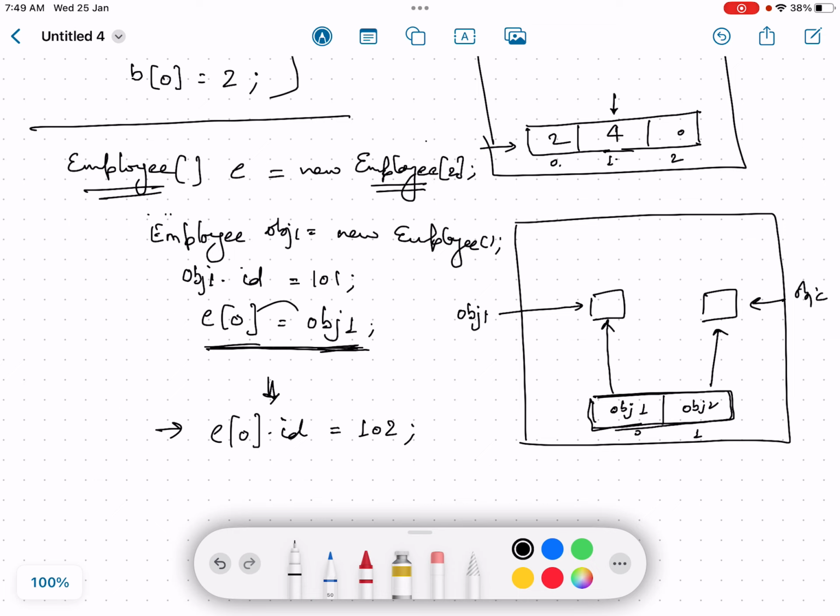Because the type is employee, e0 holds a reference variable of type employee and it is pointing to this particular object. So e0 and obj1 are equivalent, so whatever we can do with obj1 we can do with e0. We are saying get the object referenced by this variable, get its id property and update the value to 102. Earlier the value was 101, but now it becomes 102,